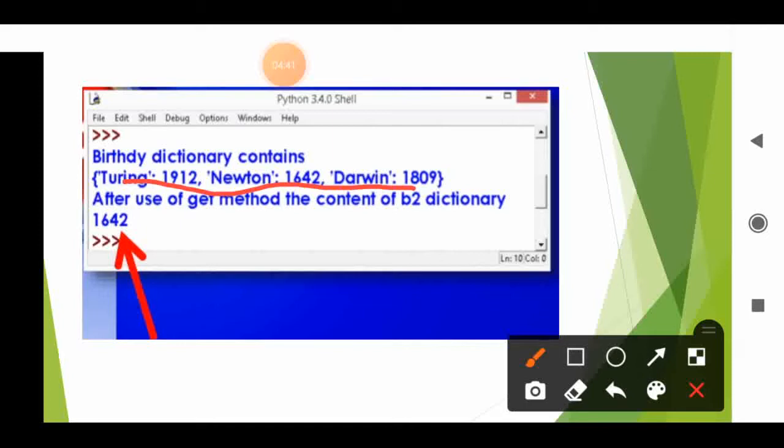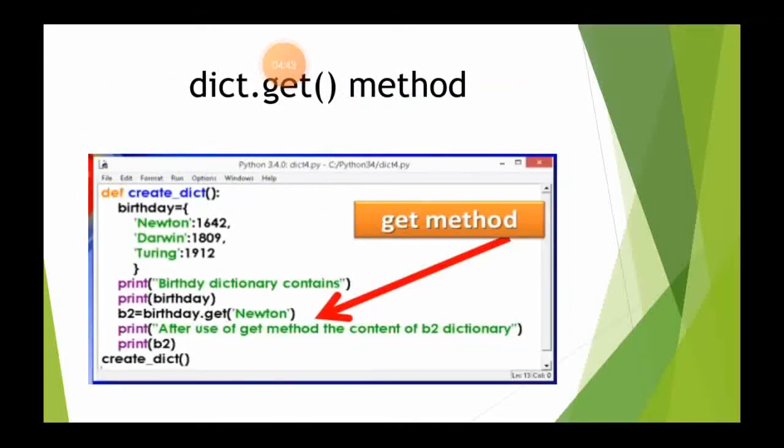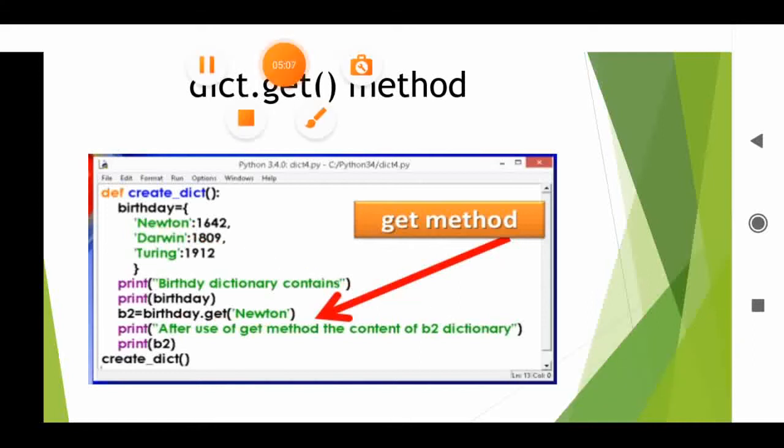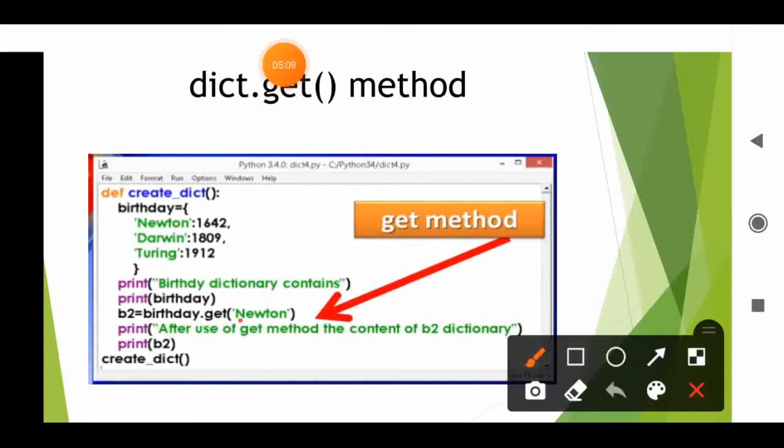Can you understand this? Okay, the next one is b2 equal to birthday dot get function Newton. What have they mentioned in the get function? Newton. Birthday is the dictionary name, dot get function, and they have passed the argument Newton. Here Newton is a key value.